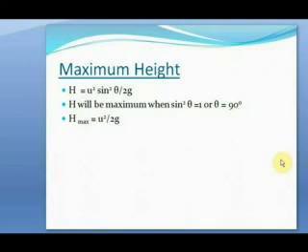Now we will see what is the maximum height that a projectile can attain while in motion. As we have already seen, the expression for maximum height was H is equal to u square sin square theta by 2g. Now for a given initial velocity u, H will be maximum when sin square theta is 1 or theta is equal to 90 degree. So the value of H max would be u square by 2g. Now since here theta is 90 degrees, the path of the projectile won't be parabolic,